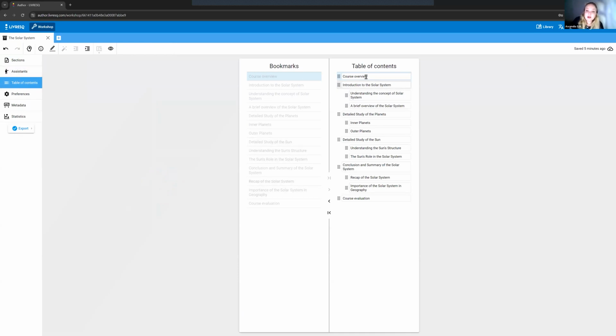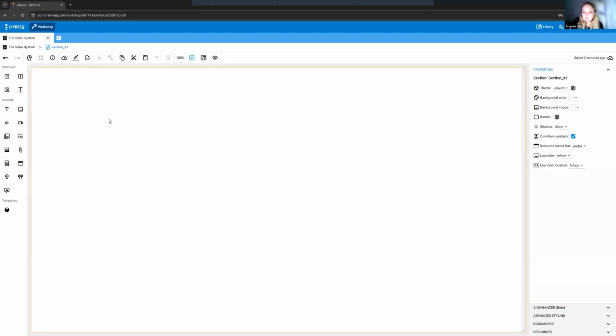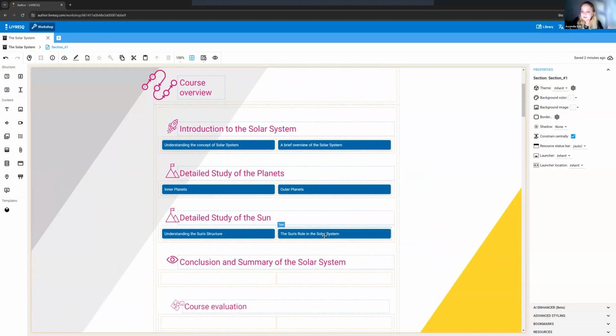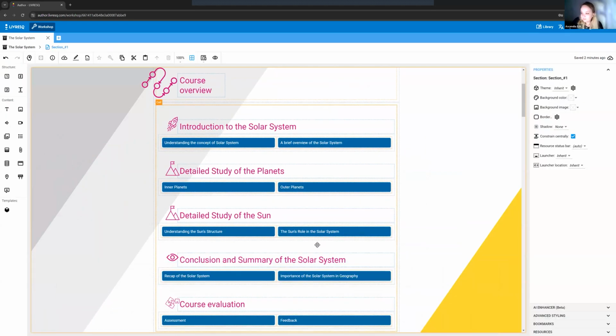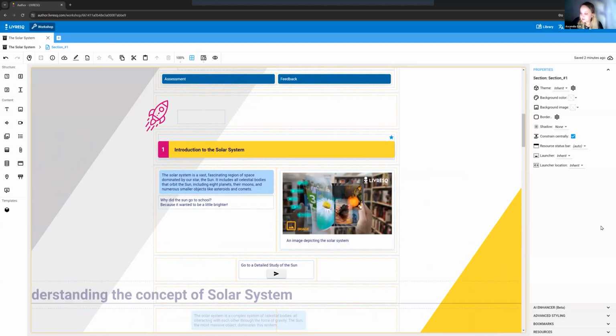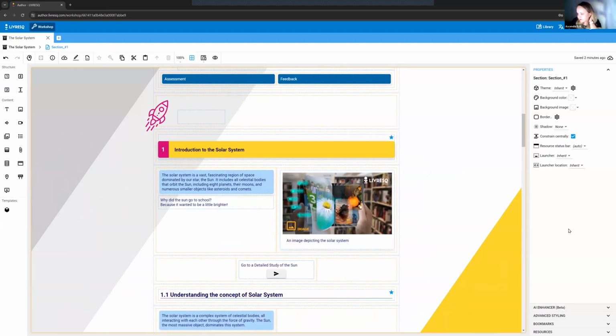But also, not all bookmarks need to be featured in the table of contents, only those that I need, because I can also use bookmarks in order to link to different parts of the lesson. It would appear the table of contents was directly automated from the bookmarks. How can you filter the aspects of the bookmarks that you do not want to appear on the table of content? So again,